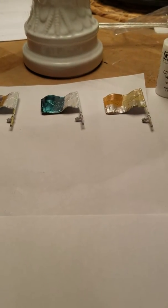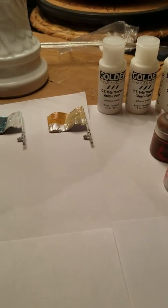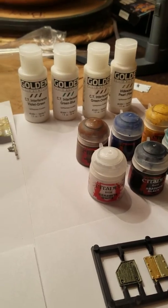I'm new at this, new at painting, and a little bit new at Warhammer. But I was looking for a pearl color, so I'm looking at the forums and checking things out, trying to find something that would work for pearl. Everybody kept saying to mix paints and do all this stuff, but I'm too lazy for all that. So I hit the interwebs, and somebody had mentioned this golden